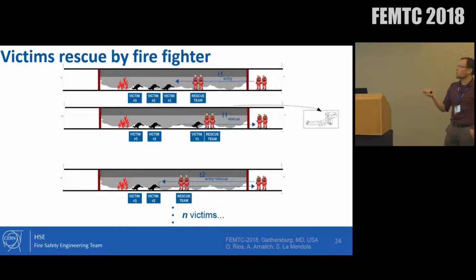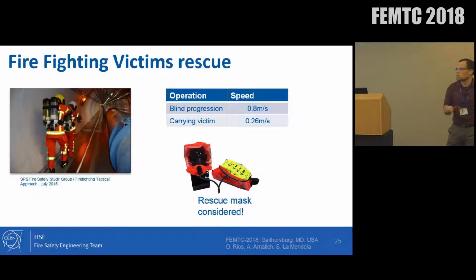So first of all, we said that when they get to the compartment and they can use transportation means to get to the compartment, they have this entry time to get to the victim and to take the victim out. And for this walking speed, there were some tests performed in the fire brigade. They were blinded here, so they couldn't see anything. So we could account for the advancing speed of the fire brigade in the real tunnel. So that's the real tunnel. That's the 1 meter space that they have to move.